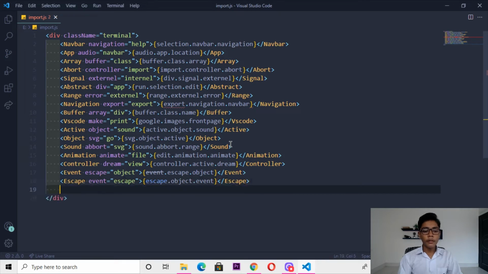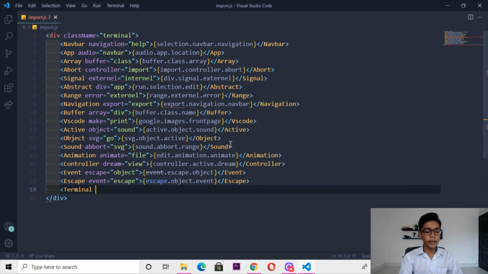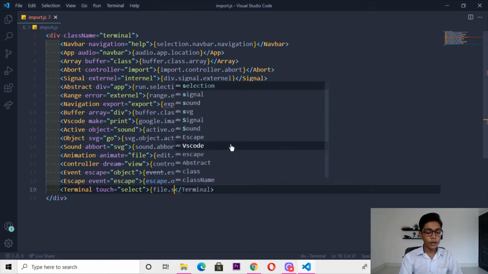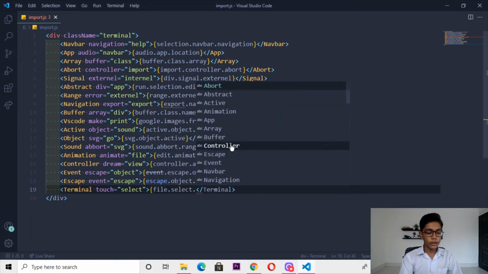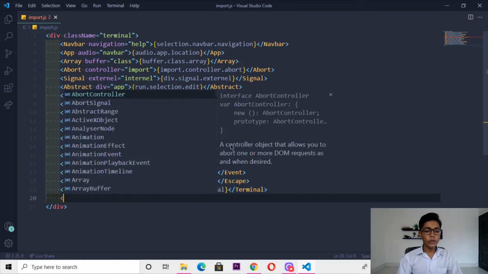You can see that. When you've done with all that, you have to do one thing here: write terminal and then write touch equals to. Here you have to write a tag which will be select. Then you have to close this tag again, then make this curly bracket in which I will be writing a tag like file, and then you can write dot select, then dot terminal and close this. When you're done with that, move down again and write a tag which will be just like